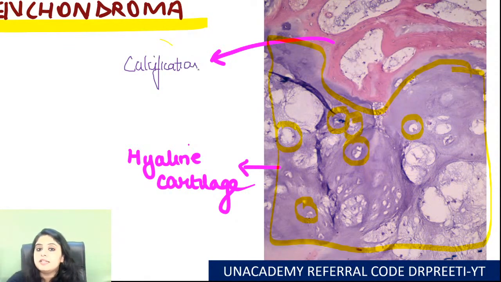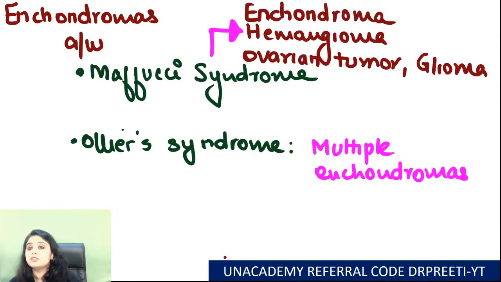Let me show you another slide. Or let me ask you first, do you know of any syndromes with which enchondromas are associated? Yes, a quick question from everyone in the house. A syndrome in which multiple enchondromas are seen and maybe something else is also seen. Who would want to give me a very quick answer to that? So there are two syndromes to be precise, and any one name also would be good to go. Very good. I've got Ollier's syndrome and Maffucci syndrome. Both of them have multiple enchondromas,